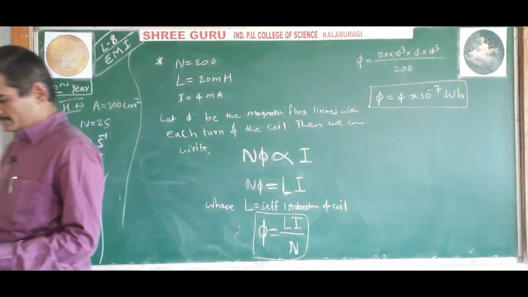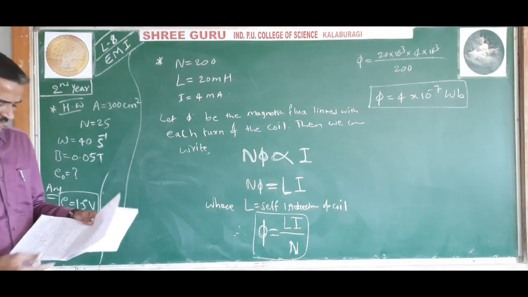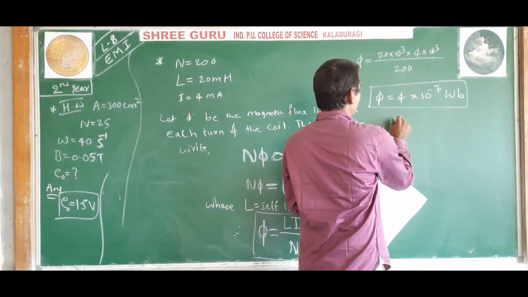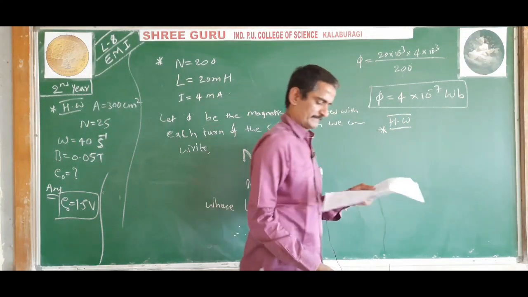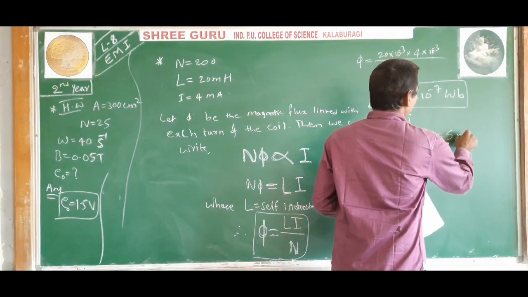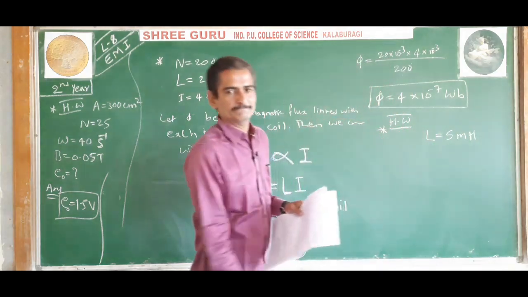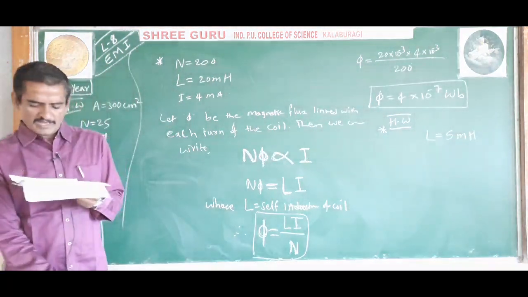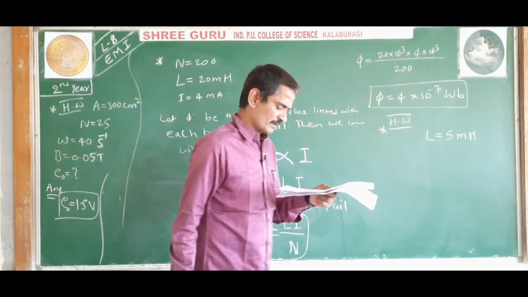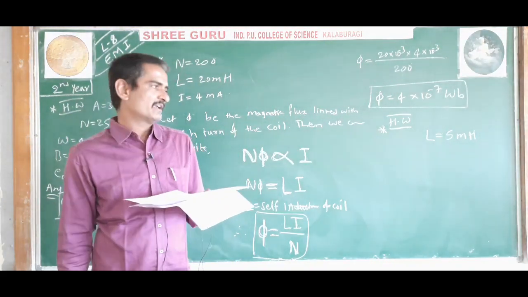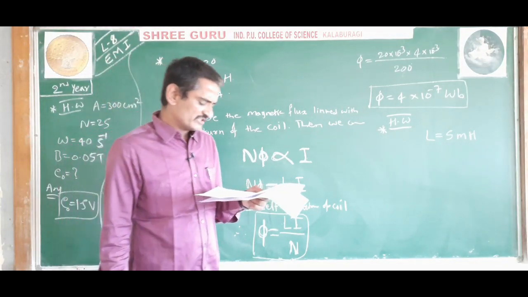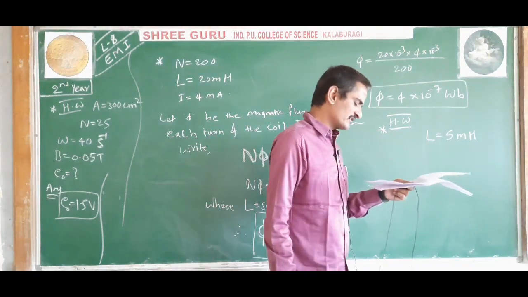Homework. A coil has an inductance of 5 millihenry. In it, current changes from